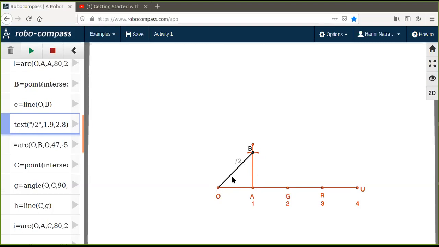Now, because I know this length OB represents root 2, I'm going to take this length OB in my compass, keep my compass at O and take a distance of OB in the compass, and I will bring this down. This arc, I will bring it down because I'm having a circle with radius OB. So wherever that circle goes and intersects the number line, that will become your point root 2 on the number line. So see what I'm doing next.